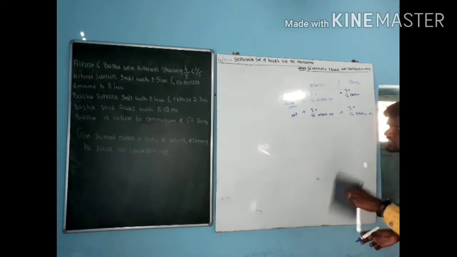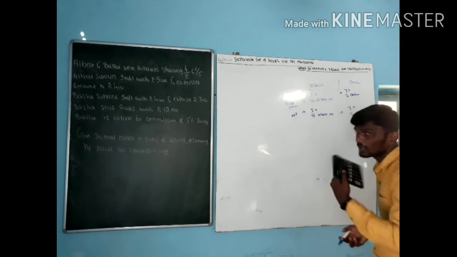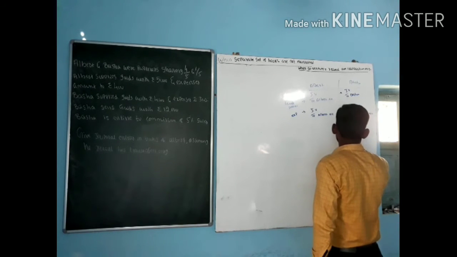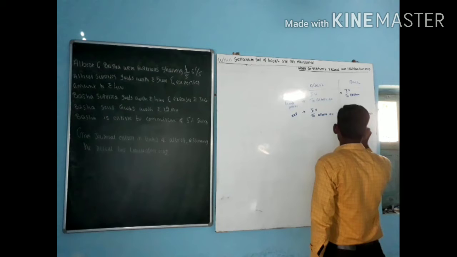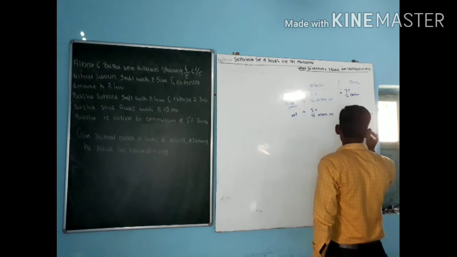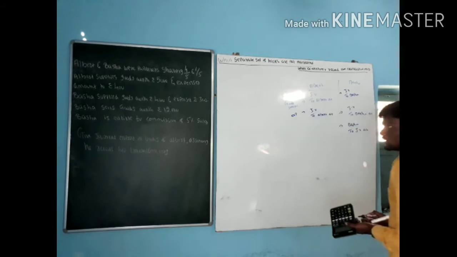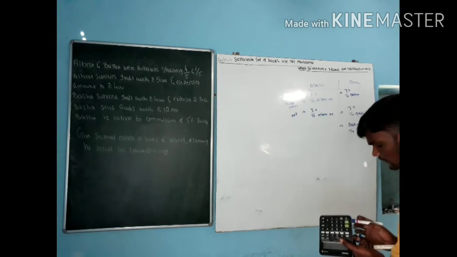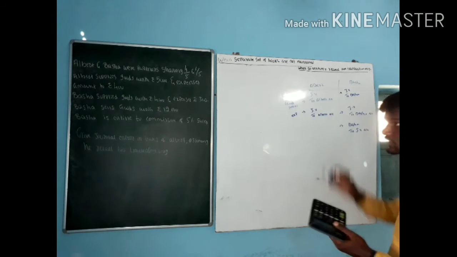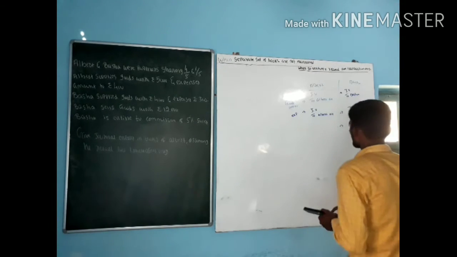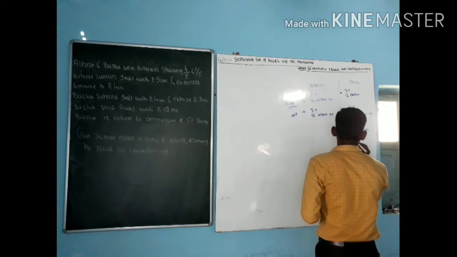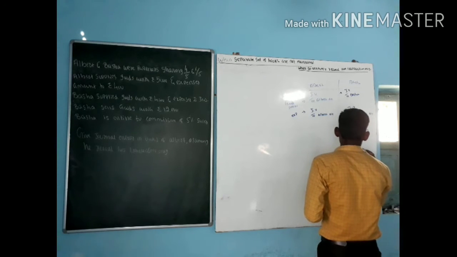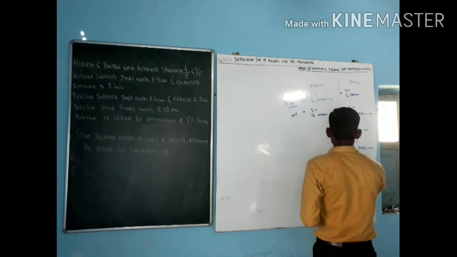Next one. Basha sells goods worth rupees 12,000. Basha sale. That is Basha account debit to joint venture account. Next one. Basha is entitled to a commission of 5% on sales. Any kind of commission is an expense. Joint venture account debit to Basha account. This is for commission. This is for sale.